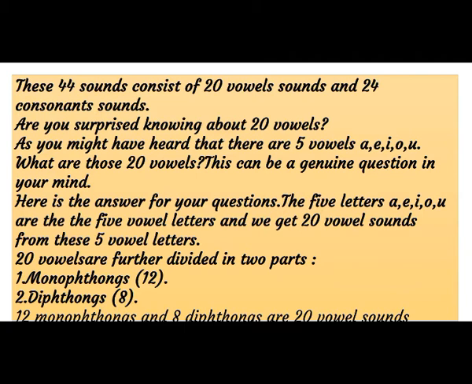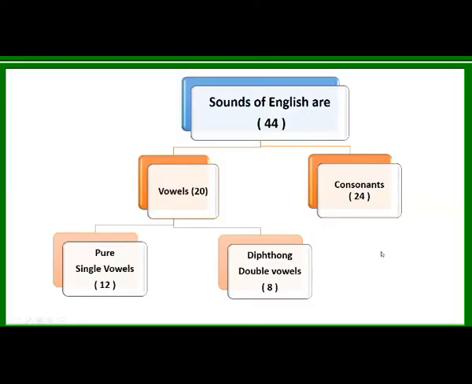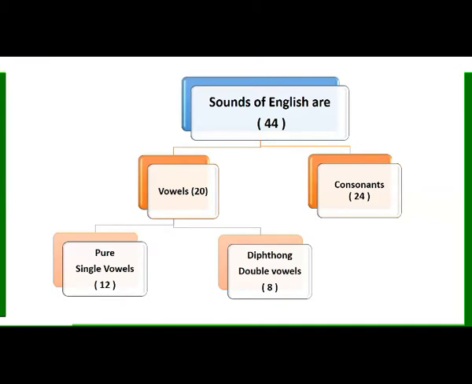So monophthongs are 12 and diphthongs are 8, making 20 vowel sounds. Look at this diagram: sounds of English are 44, vowels 20, consonants 24. We can divide vowels into pure or single vowels, monophthongs, and